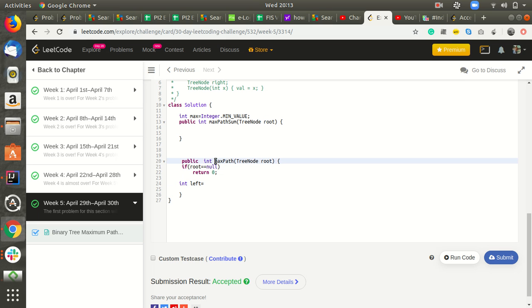Left will be Math.max of 0 and maxPath of root.left. Again, for the right part we'll do the same.